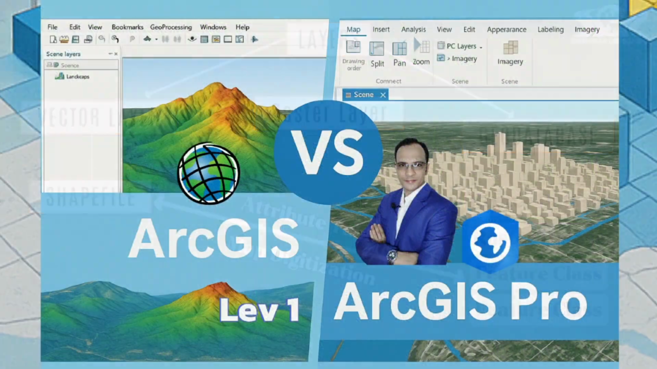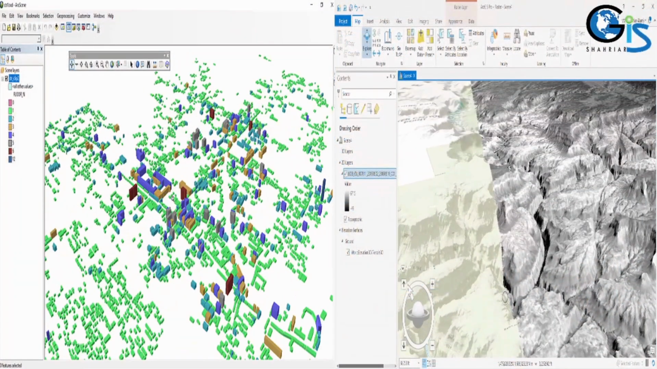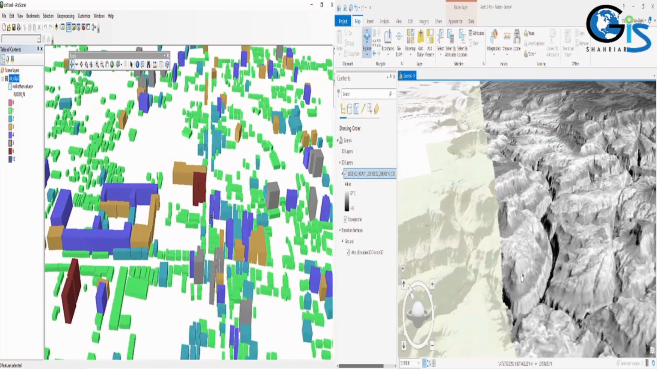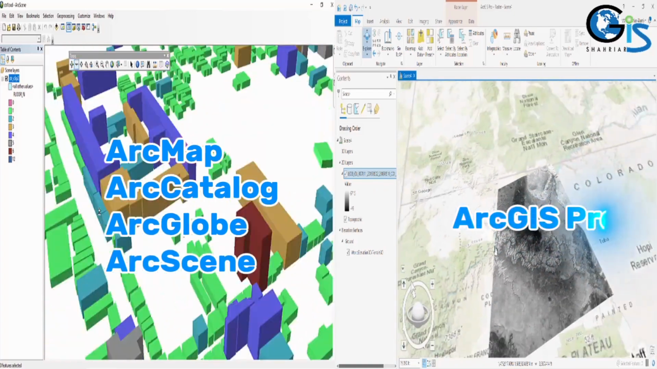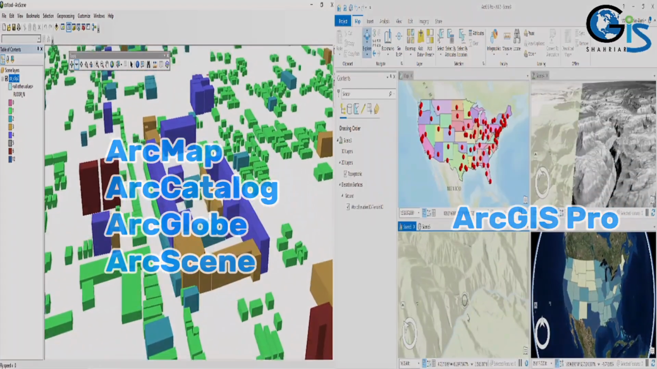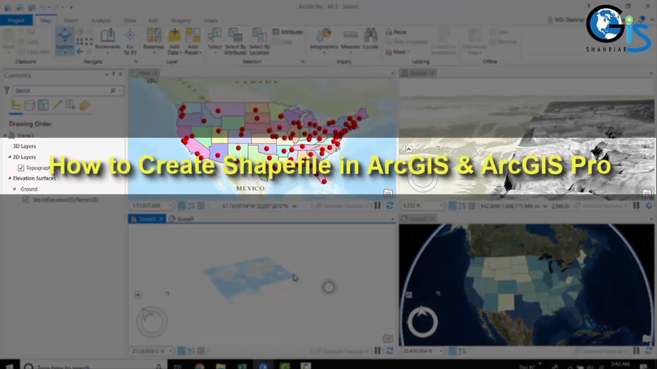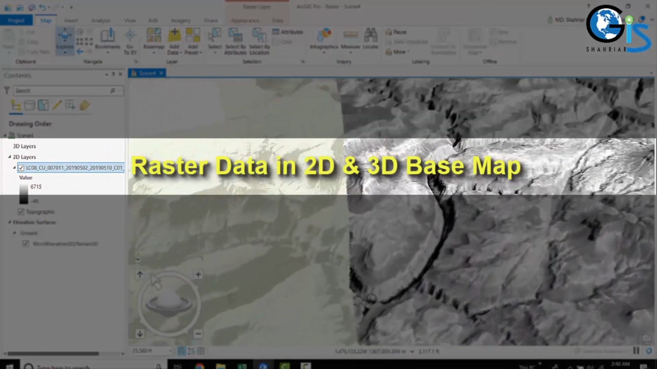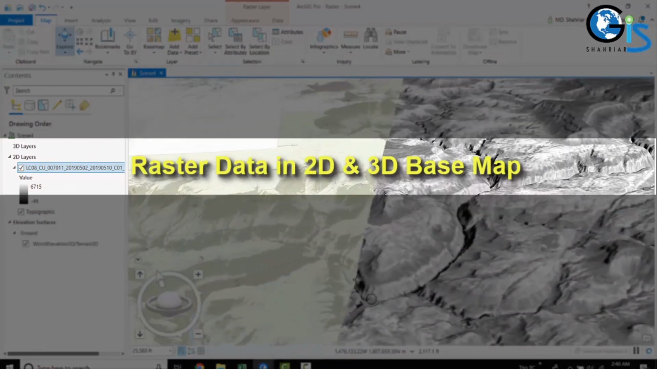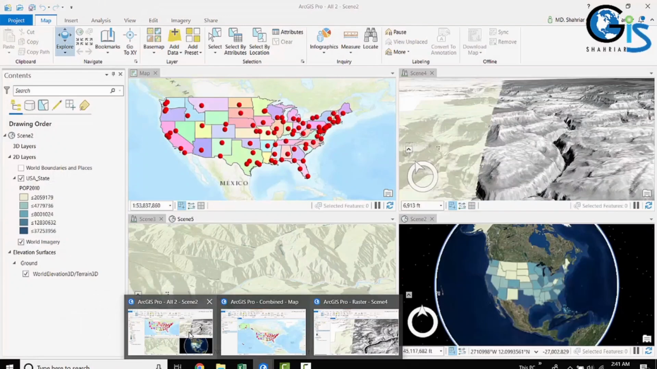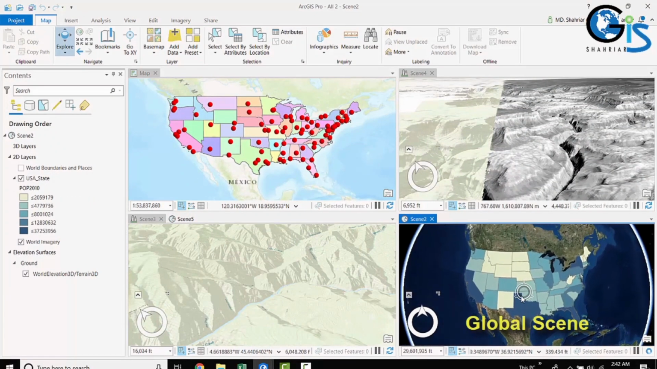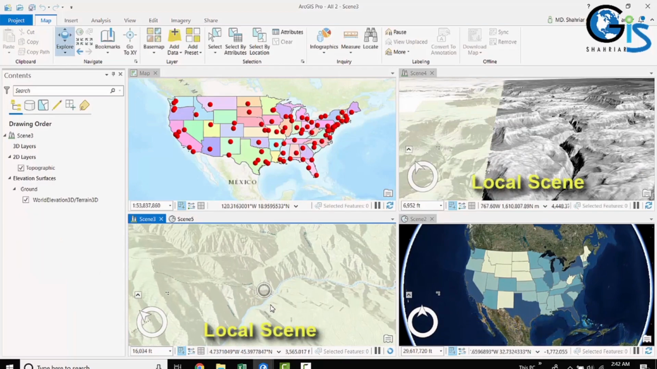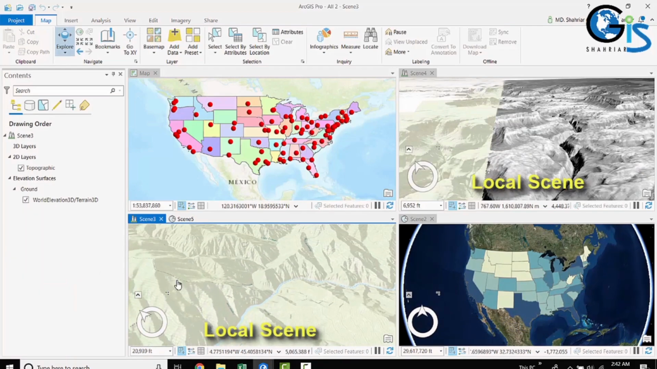Now let's see what we are going to learn in this course. In this course, we will learn ArcGIS including ArcMap, ArcCatalog, ArcGlobe, ArcScene, comparing with ArcGIS Pro interface. We are going to learn how to create a shapefile by using ArcGIS and ArcGIS Pro. We will learn how to work with raster data in 3D base map. Not only that, we will learn how to work with ArcGlobe, which is known as Global Scene in ArcGIS Pro, how to work with ArcScene, which is known as Local Scene in ArcGIS Pro,